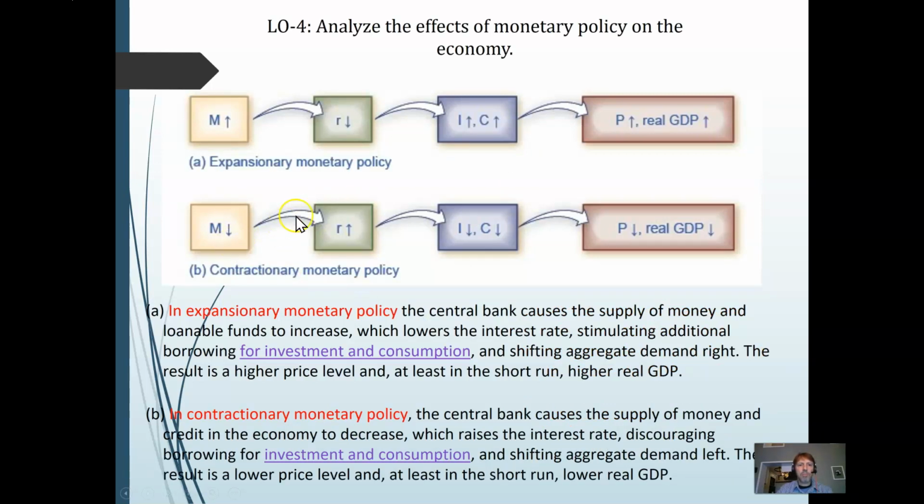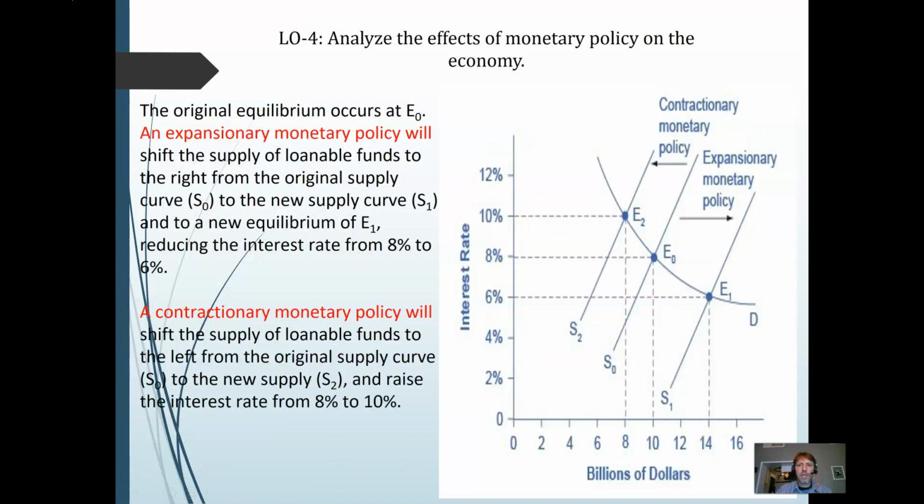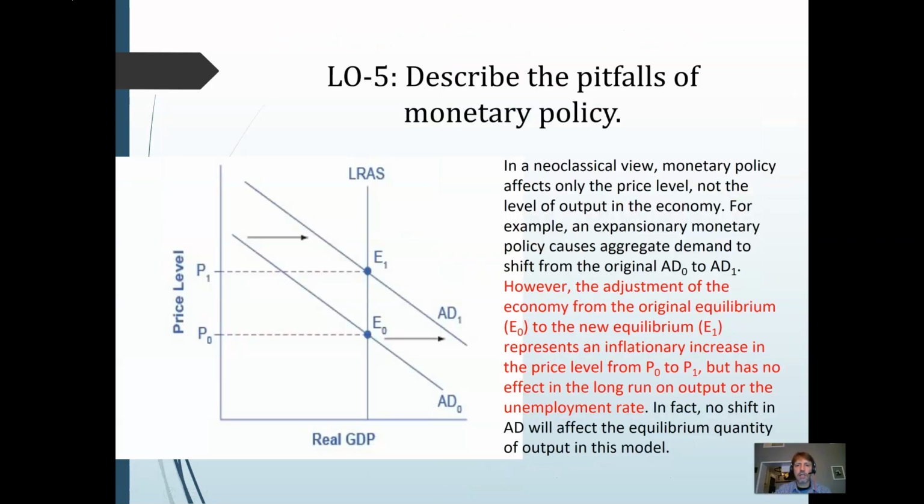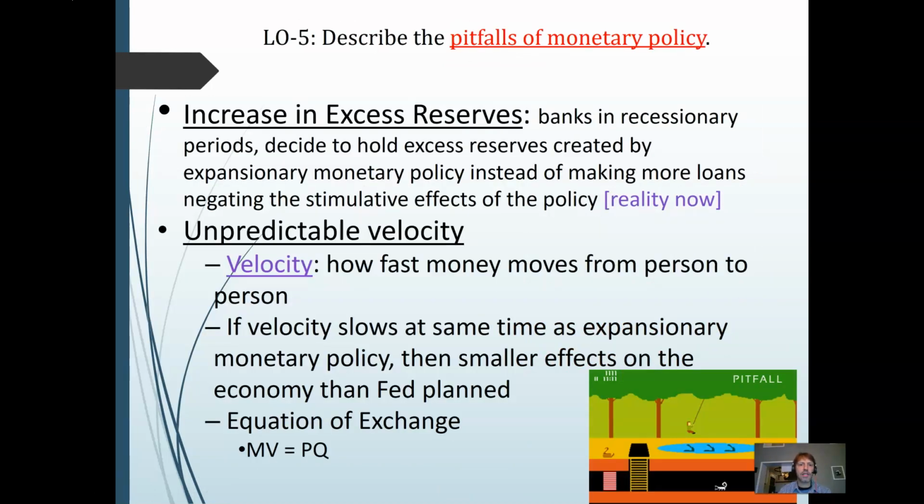This is a map between the money supply, the interest rates, and how that stimulates investment and consumption and impacts the economy, which we talked about in earlier slides. This is just a way to visually show that. So you've got expansionary policy and contractionary policy here on the bottom. And then just seeing the impact, this is more of a Keynesian short-term view, supply and demand, seeing what happens in contractionary and expansionary policy. So again, pause, read through the details, and help yourself better understand the contents of